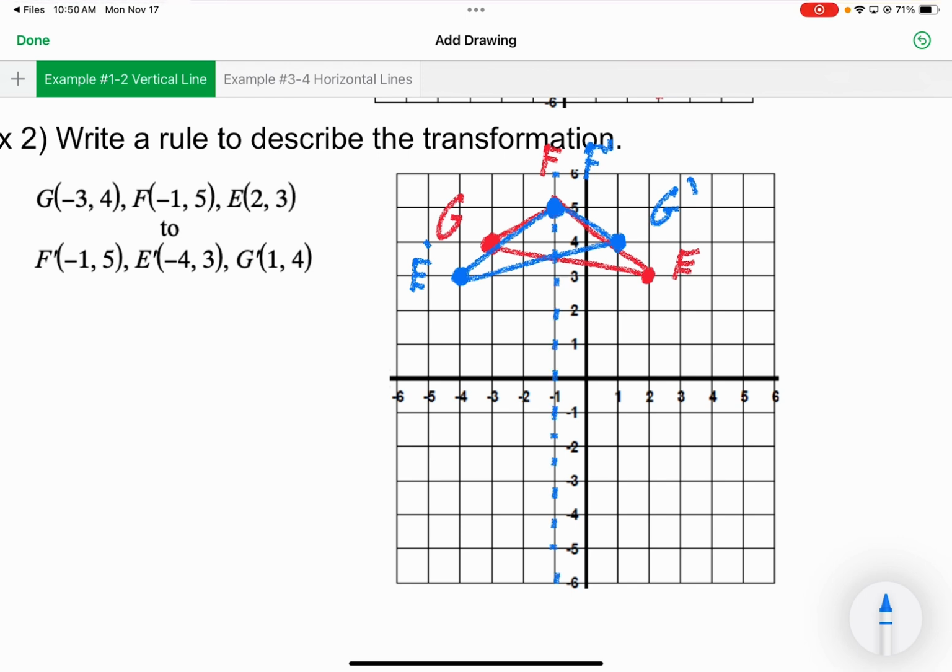How do you know that, Chris? You're right. A lot of people agree with you. But how do you know it's a reflection in X equals -1? The F's are on the same point, and the G's are like